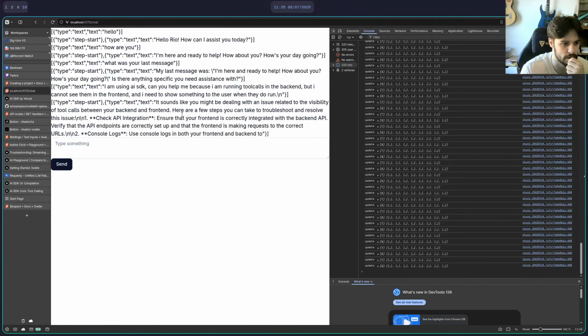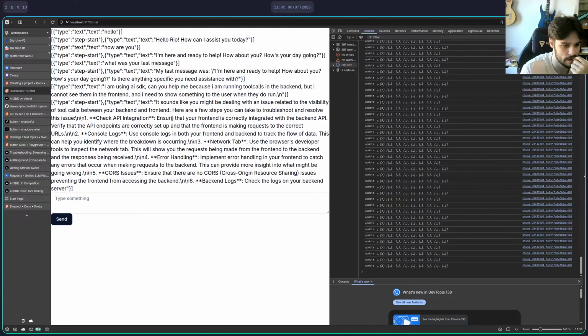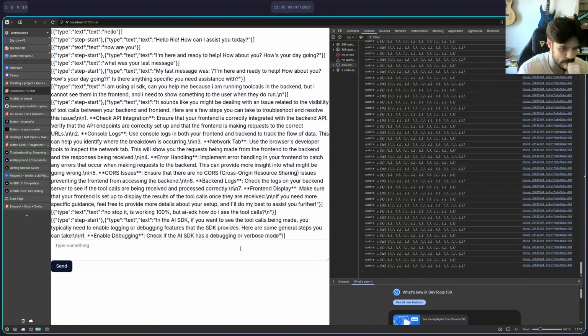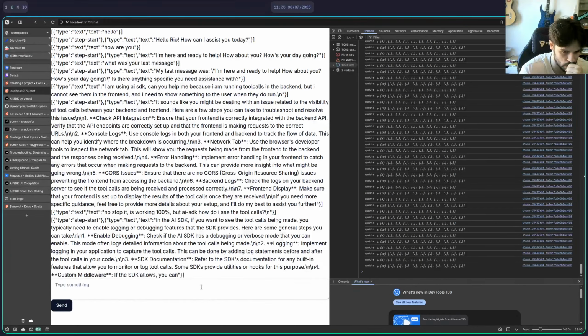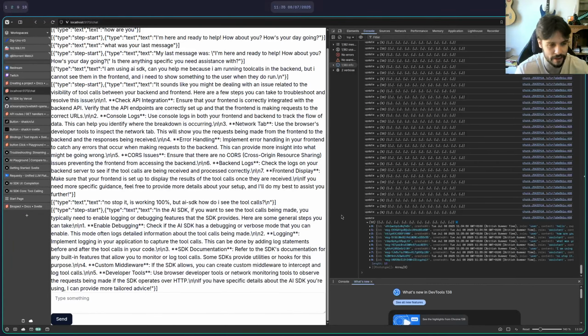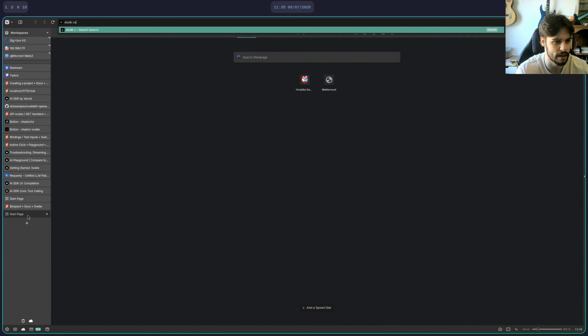Sounds like I might be dealing with issue visibility. No, stop it. It is working 100%, but AI SDK, how do I see the tool calls? What? Okay, let's actually just search: AI SDK cannot view tool calls on message parts.